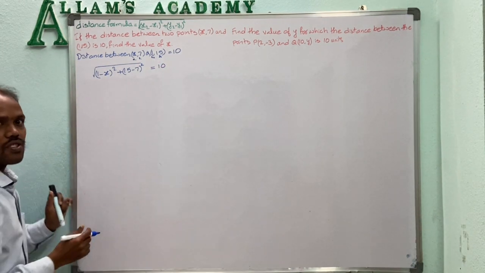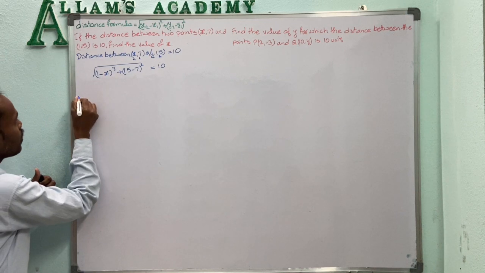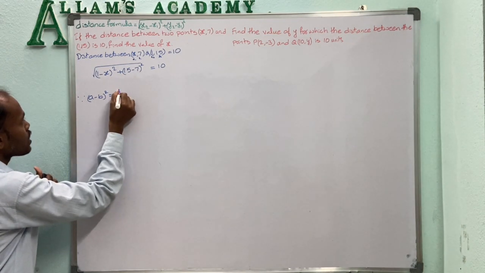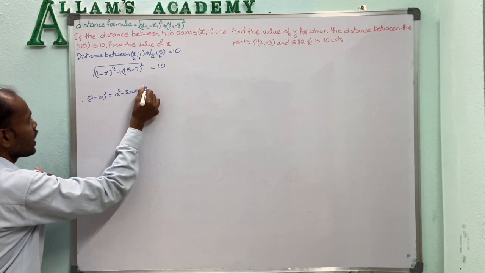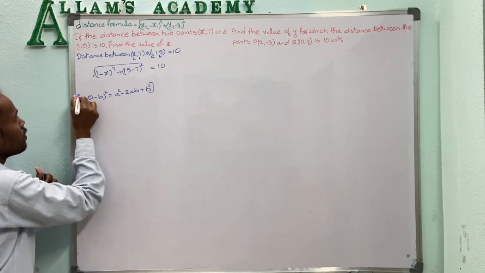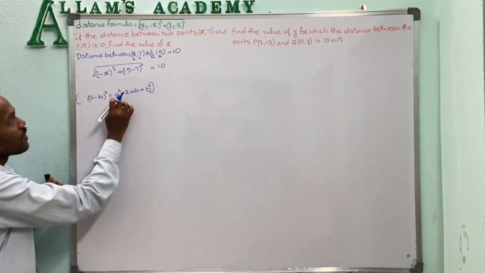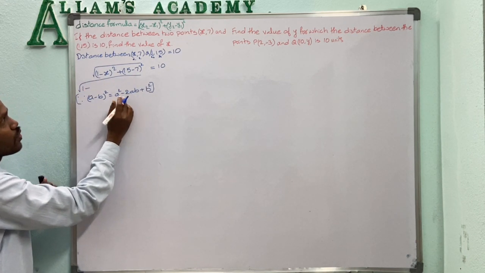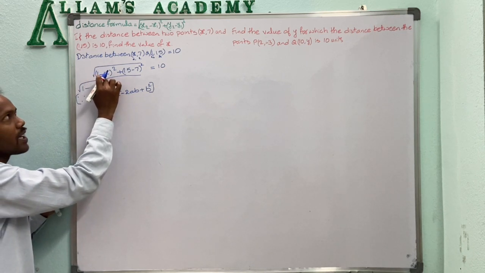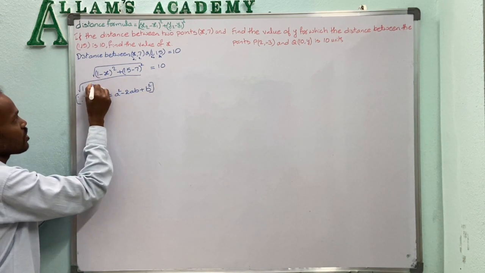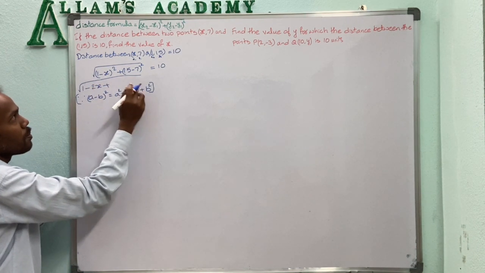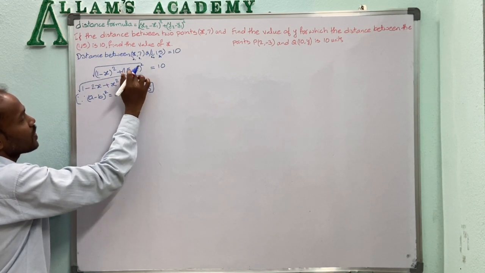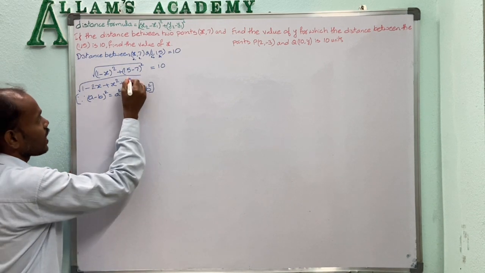Now (1 minus x) whole squared is in the form of (a minus b) whole squared. (a minus b) whole squared is equal to a squared minus 2ab plus b squared. So here a is 1 and b is x. So a squared is 1 squared, which is 1, minus 2ab, 2 into 1 into x, that is 2x, plus b squared, x squared. Plus 15 minus 7, which is nothing but 8.